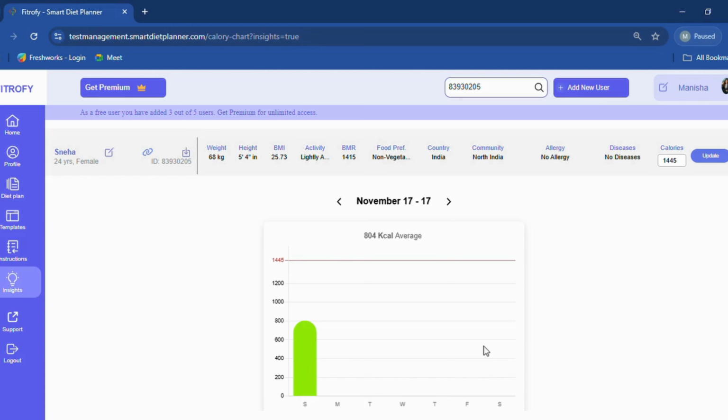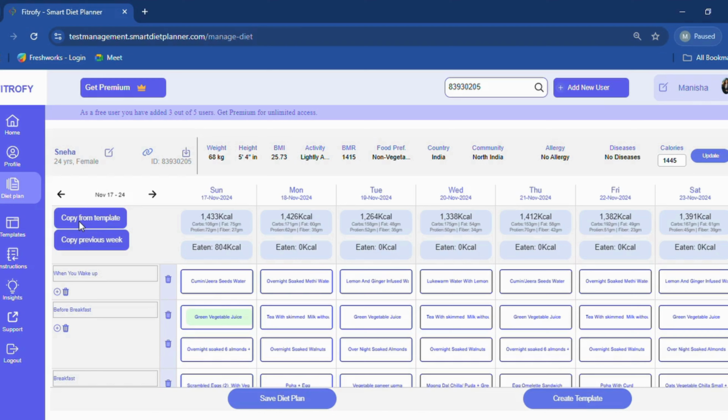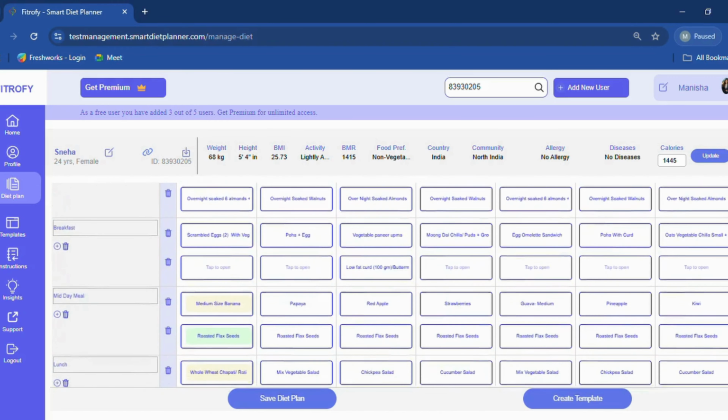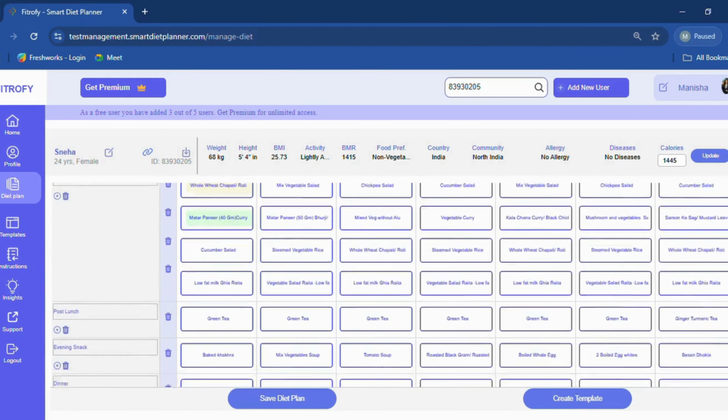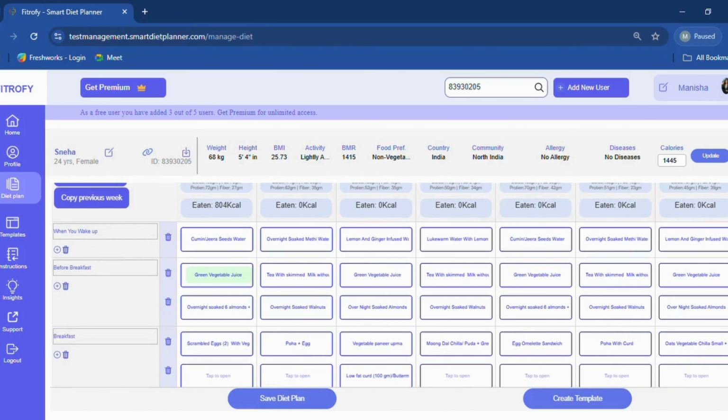Also, what exactly the client is eating can also be seen. So to check that, you have to go to this diet plan tab and click on the 7 days plan option. Here, if you can recall, we have logged the diet plan for Sundays and that was 17th November. So you go to the Sunday section and you see certain boxes are under colored zone now. So this means these are the options that the client has logged at their end or whatever they have consumed. So this is how you get to know what exactly the client is consuming.